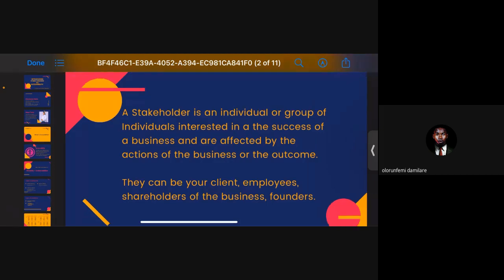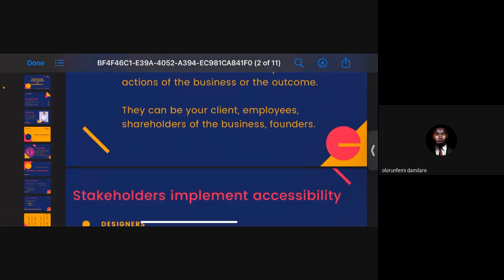They can be the clients, they can be the employees of the business, they can be shareholders of the business, they can be founders, right? Now, these employees can be the designer, the developer, the content person, whoever is working for the success of that project. This is who a stakeholder is. Now, let us bring these stakeholders up to speed on why they need accessibility in their projects or in their business, right?